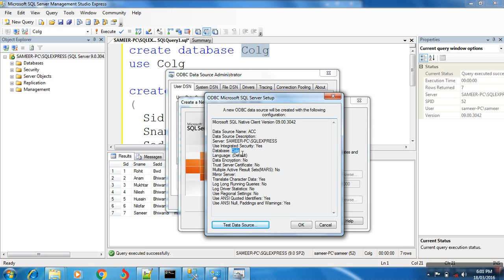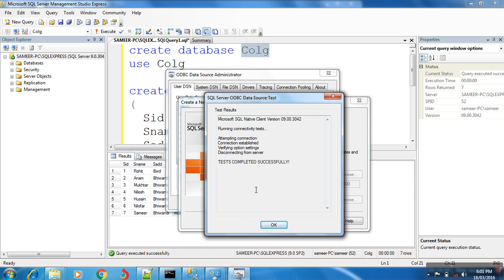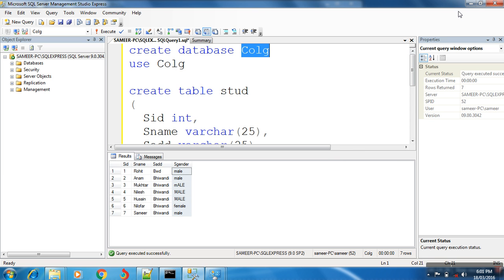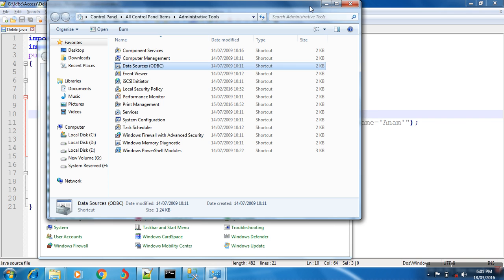Test data source, test completed successfully. Click on OK. Then see here your data source name is available in the list. The driver is SQL Native Client and the data source name is ACC. Then click on OK.